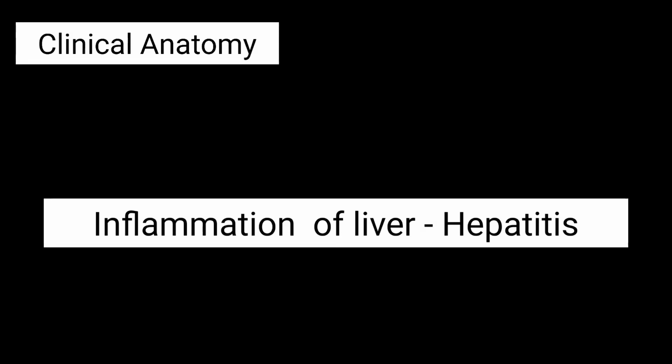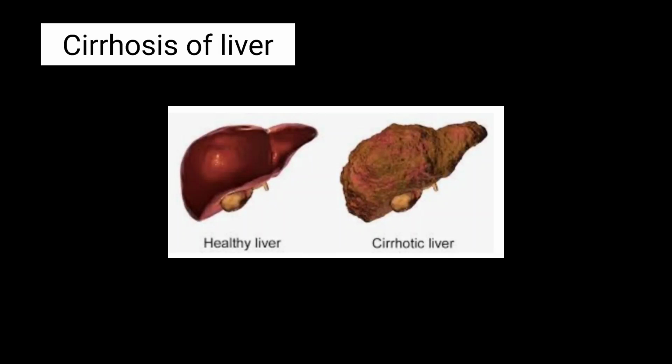Clinical anatomy. Inflammation of the liver is known as hepatitis. It may be infective hepatitis or amoebic hepatitis. The hepatocytes sometimes may undergo necrosis following their injury and death caused by infection, toxins, alcohol and poison. The dead hepatocytes are replaced by fibrous tissue by the proliferation of the perilobular connective tissue. The resultant hepatic fibrosis is clinically known as cirrhosis of the liver.